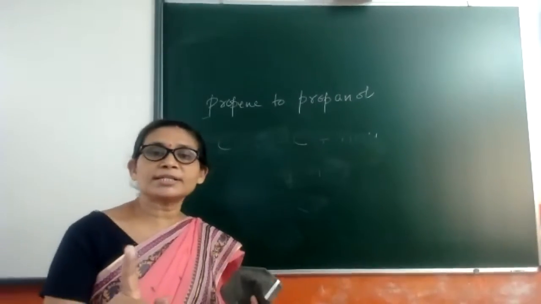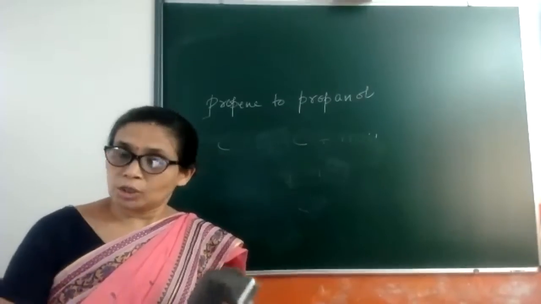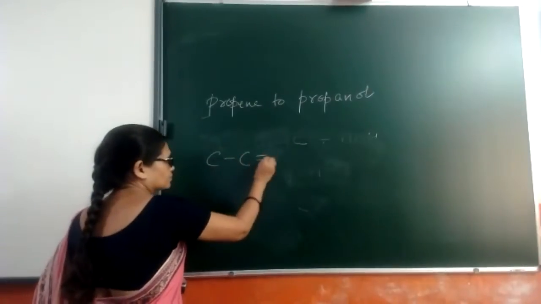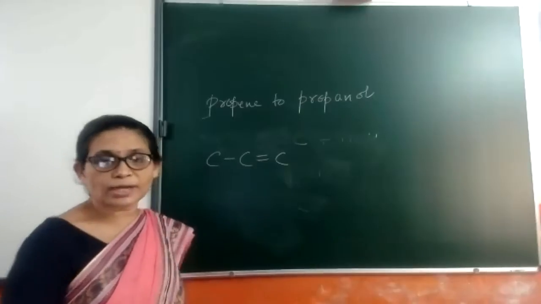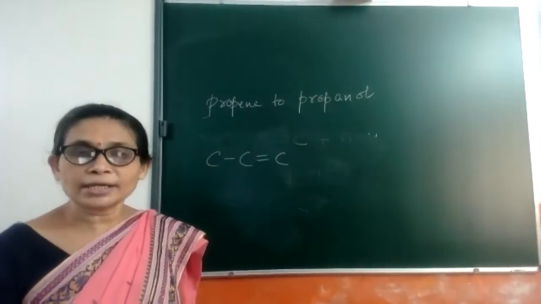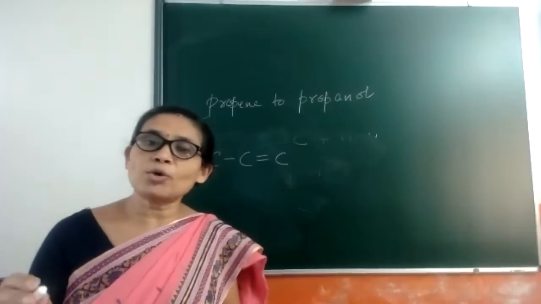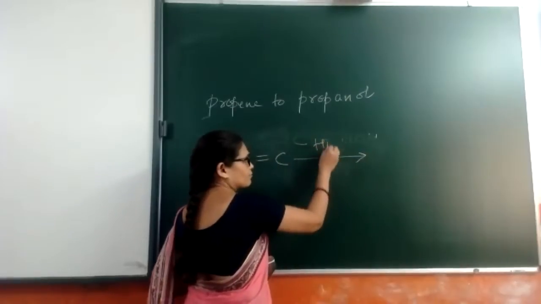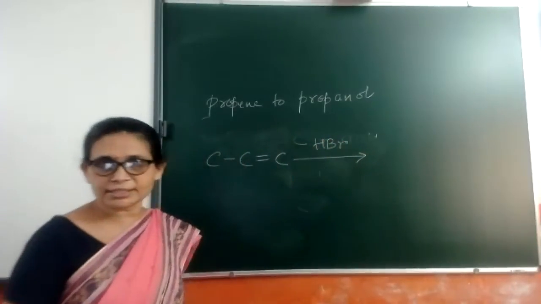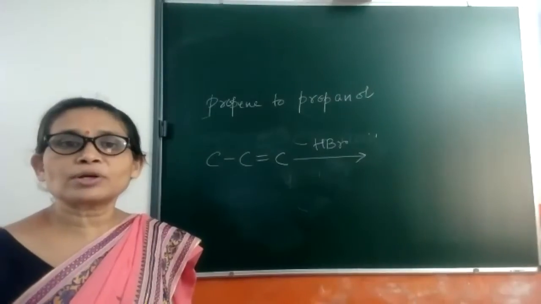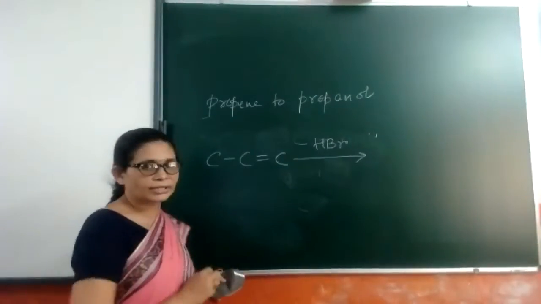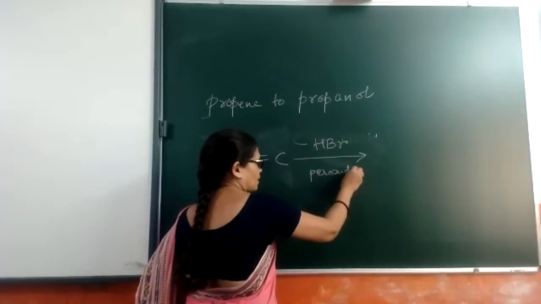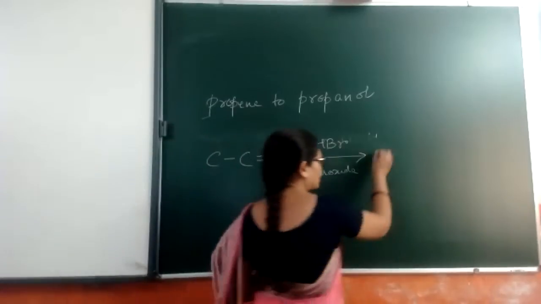But one more thing, students, in this type of conversion, you will continue the steps in this way. This is your propene. Now, writing conversion is little different. While writing the conversion, we are not showing the reagents with plus. We are writing the reagents above arrow. In this way, we are writing the reagents. And we are not balancing also because it is not possible. So in this way, you will write propene adding HBr in presence of peroxide, then you will get bromopropane.